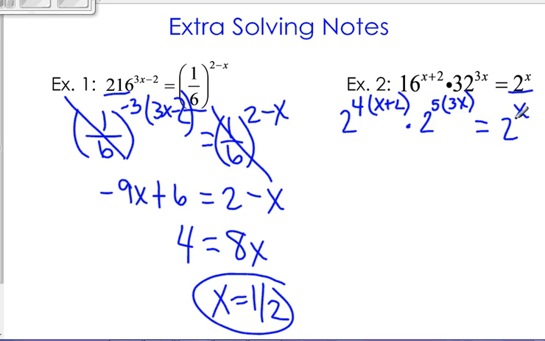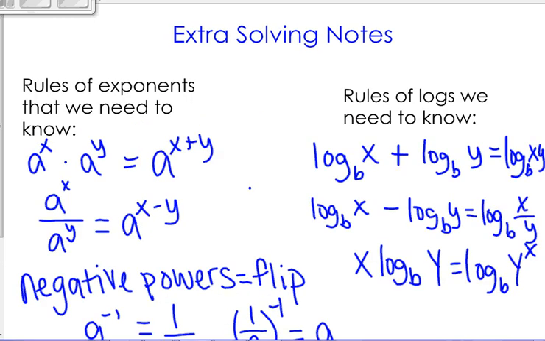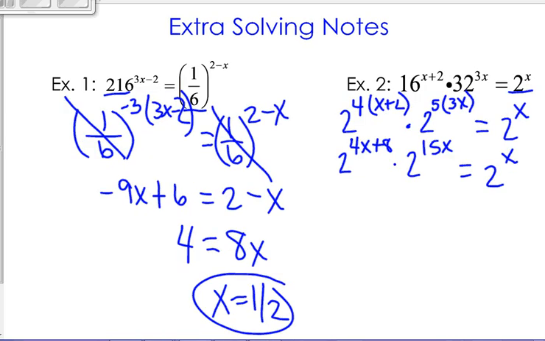Okay, I'm going to multiply through so that I have a simple exponent in the top. So I have 2 to the 4x plus 8 times 2 to the 15x equals 2 to the x. Okay, now I'm multiplying exponents. Again, back to that rule over here, when we multiply exponents, we're actually adding their powers. So we're going to add together their powers to get 2 to the 19x plus 8, because 4x plus 15